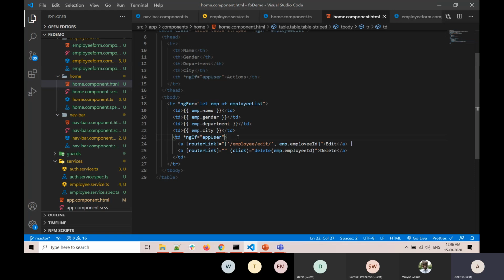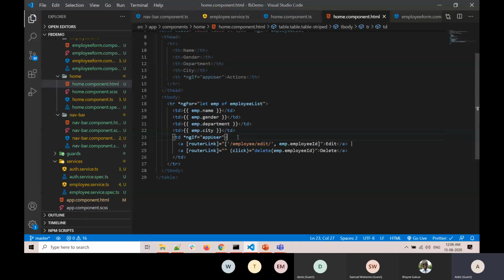Now, at this point in time, there might be a question which you might ask that right now everybody has a Gmail account, and if I deploy it on a public space, anybody with a Gmail account can log in and can edit my data or delete my data. So how we are going to handle that? So for that, you have to implement the concept of authorization. You have to implement the concept of admin and user. So how to do that?